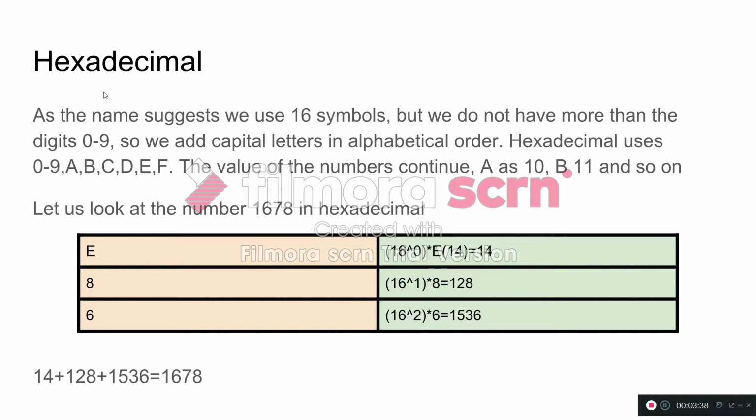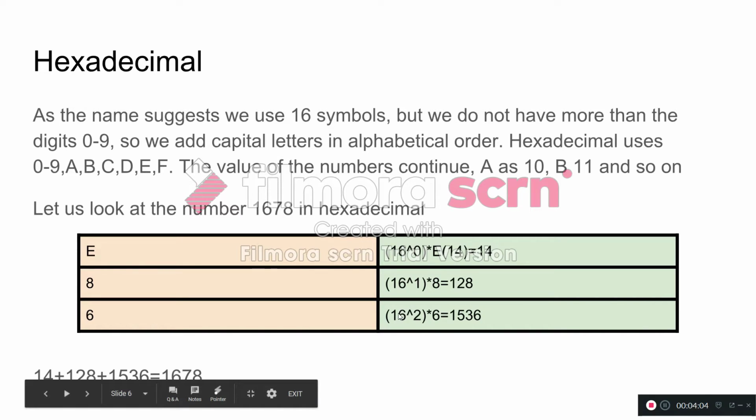So let us look at the number 1678 in hexadecimal. First we have E. E is valued as 14, as you can see from this. So 10, 11, 12, 13, 14. In the first position, 16 to the power of 0 is 1, times 14 is 14. Second position, 16 to the power of 1 times 8, which is the symbol that we have here, is 128. In the third position, 16 to the power of 2 times 6, which is our symbol, is 1536. 14 plus 128 plus 1536 is